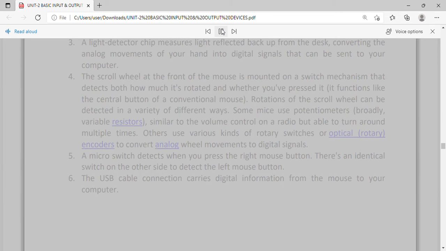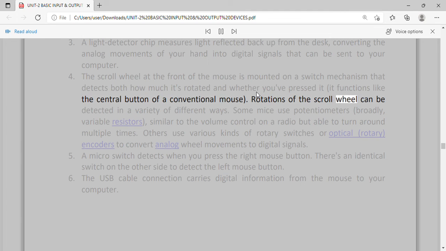A light detector chip measures light reflected back up from the desk, converting the analog movements of your hand into digital signals that can be sent to your computer. 4. The scroll wheel at the front of the mouse is mounted on a switch mechanism that detects both how much it's rotated and whether you have pressed it. It functions like the central button of a conventional mouse.